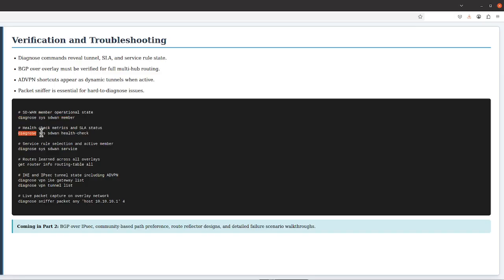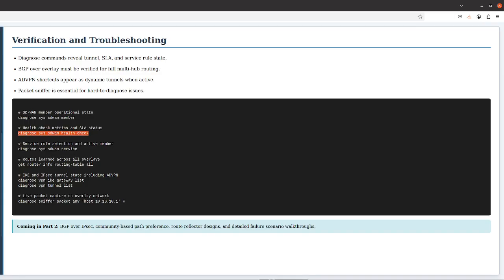The diagnose sys sdwan health-check command shows the current state of every health check, including the measured latency, jitter, and packet loss for each member, as well as whether the member is meeting or violating the configured SLA thresholds. If a tunnel is up but continuously failing SLA, this command tells you which metric is out of range, which